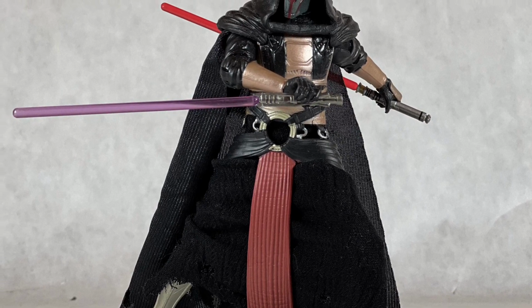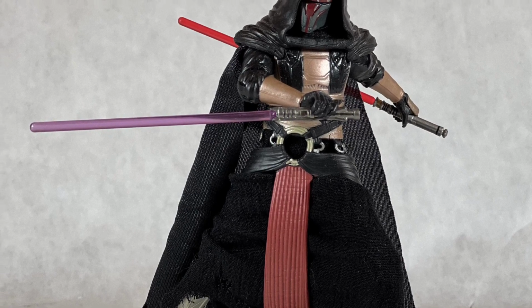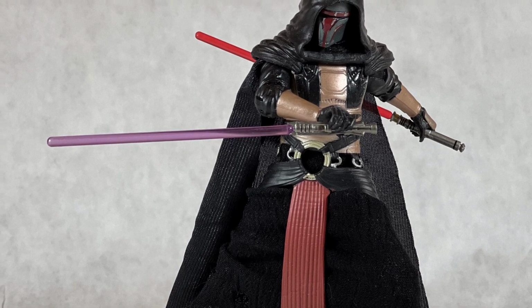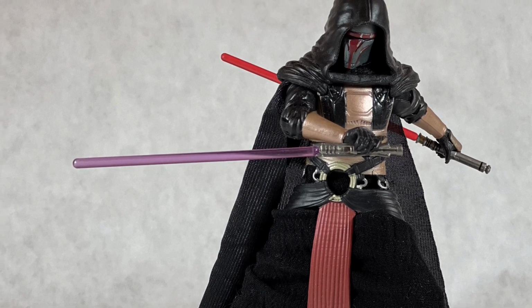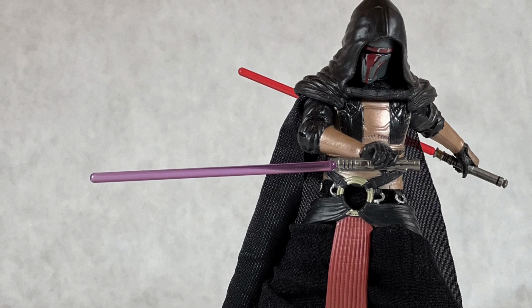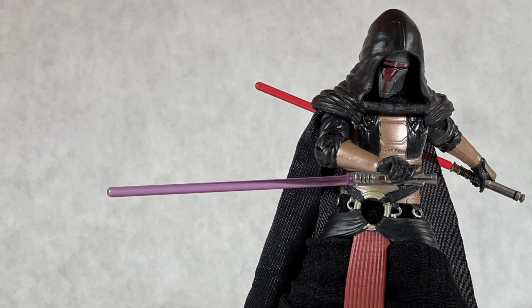figure, but the only problem is this guy could have been number 1, or number 2, if he just had better head posability. I swear, the head posability is so irritating on this guy, because they gave him a solid hood instead of the head and hood. There's so many other ways they could have handled it, and I feel like this could have been done way better. But I will say, I do like this figure enough that I do want to get the Jedi